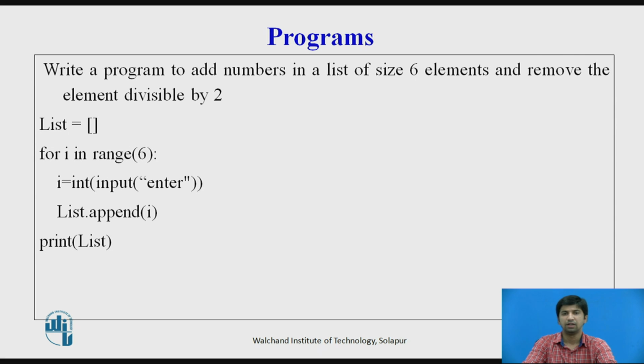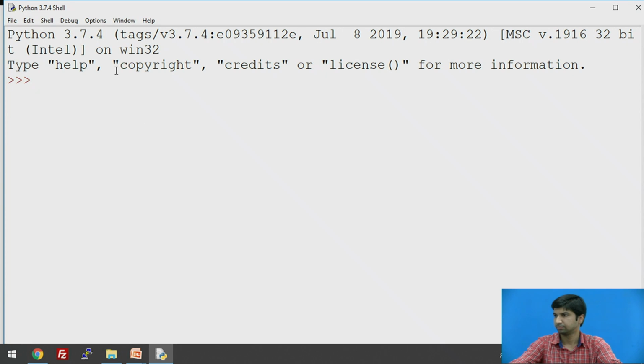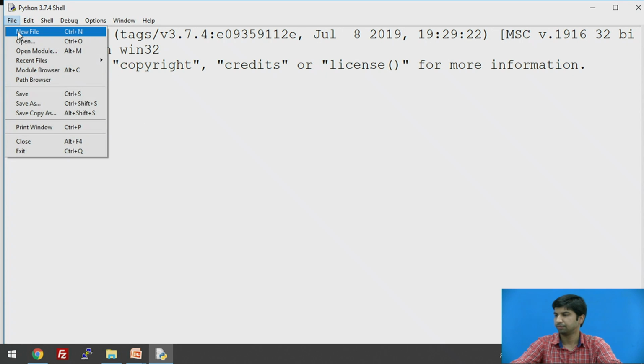Now let us see a program to add numbers in a list of size 6 elements and remove the elements divisible by 2. I'll go to new.